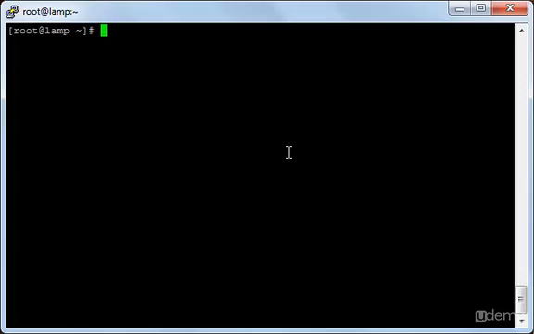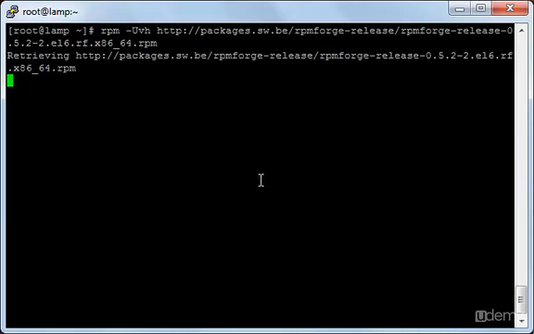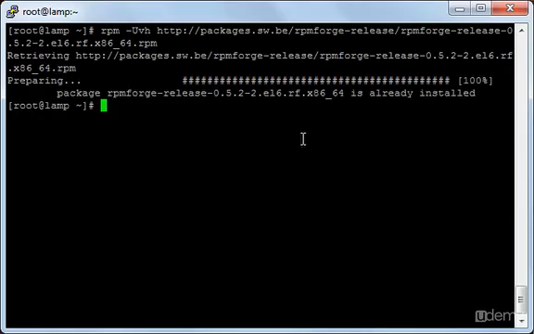Okay, now let's add some of the most popular repositories. rpm -Uvh, and I'll paste the link, and this is the SourceForge repository, and if you need those links you will find them in the notes. As you see here, I have it already installed. I will install the other repository, which is the EPEL,